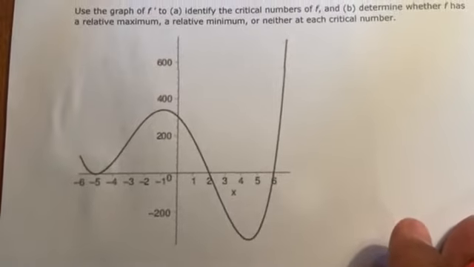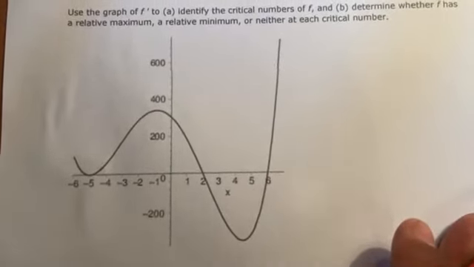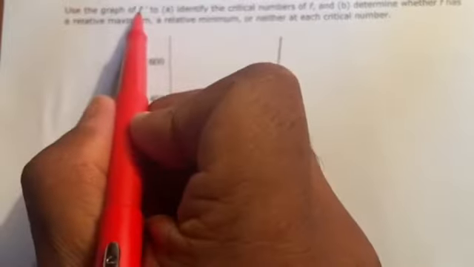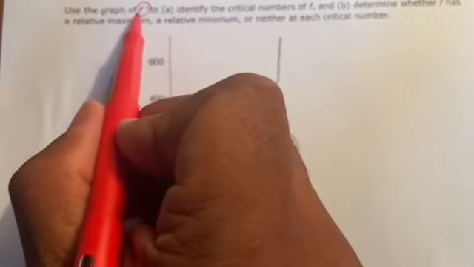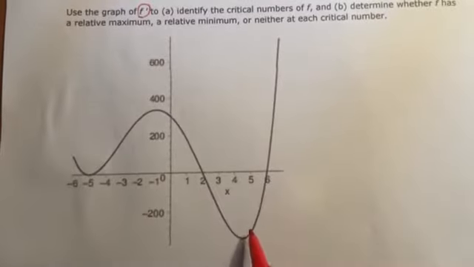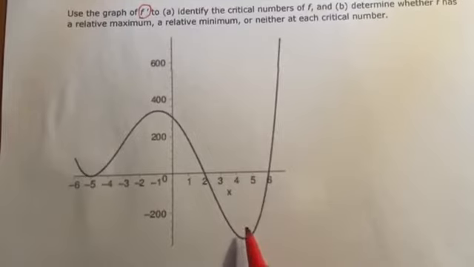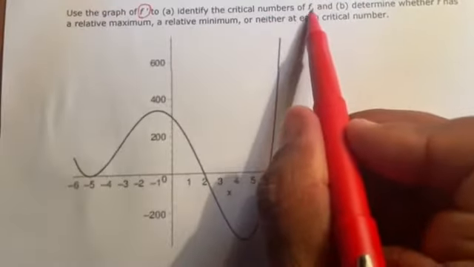This one I picked because it throws people off, because people think that this graph is actually the function that the question is referring to, f. But there's this little prime here, right? It says this is the graph of f prime, right? This is the graph of the derivative, in other words. It's not the graph of the original function. So they want you to use this graph of the derivative to identify the critical numbers of the original function,